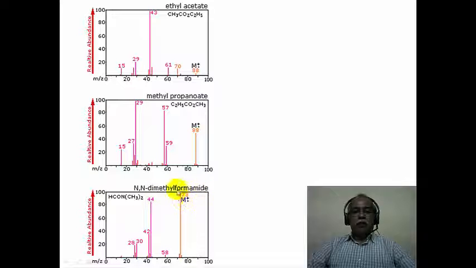N,N-dimethyl formamide has a molecular weight of 73. From that 73, a simple fragmentation produces 49, for example, which could be loss of one of the methyl groups or the N,N-dimethyl group, for example, corresponding to that particular difference between these two, about 29 or so. That could be loss of the formyl group also, resulting in the formation of N,N-dimethyl cation radical, which corresponds to the 44 mass unit.